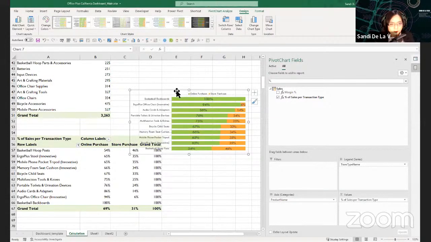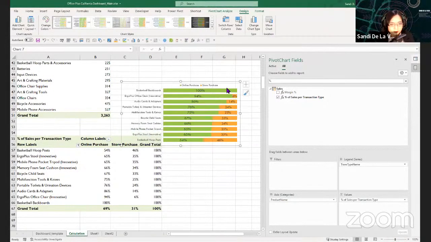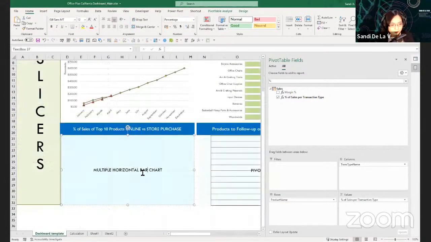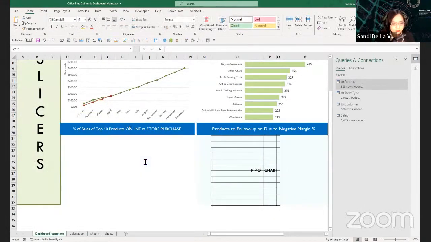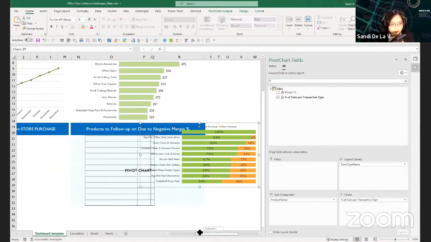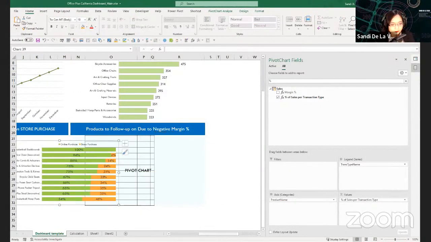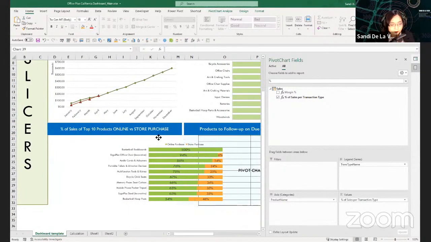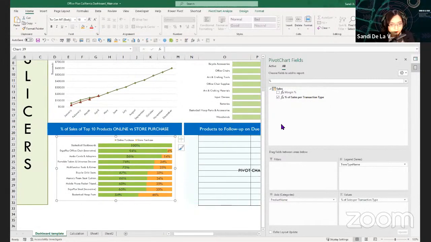There. So now we have created it, and we see for each product name what percentage of sales was bought online or by store purchase. So copy it to our dashboard and place it under that header. So now we have created the fourth chart of our dashboard.